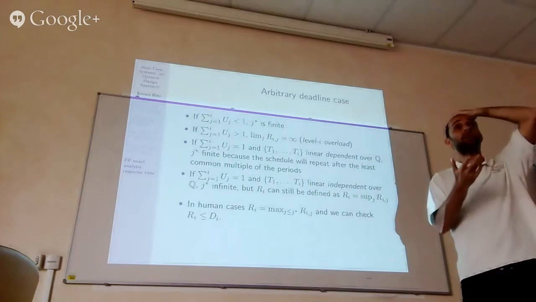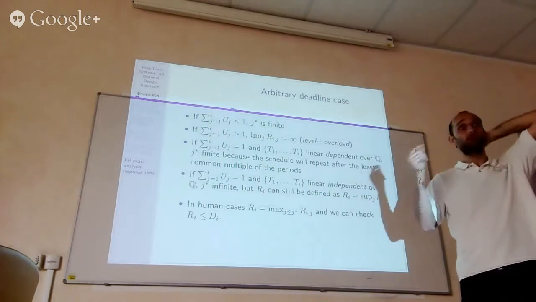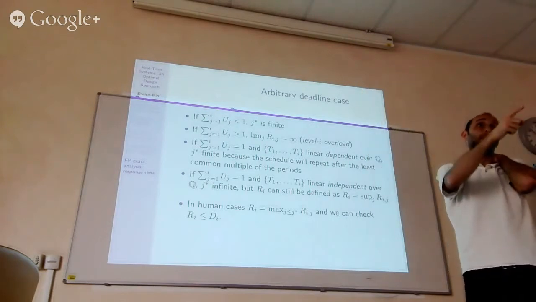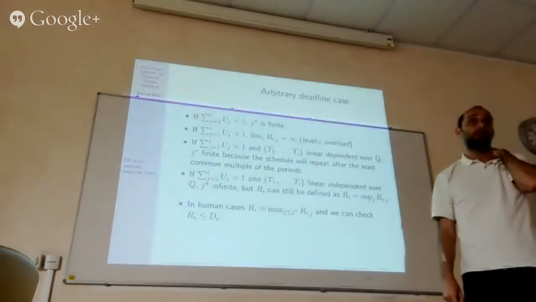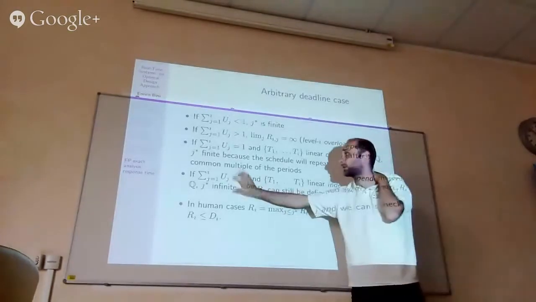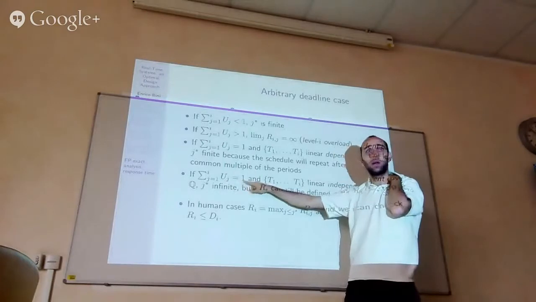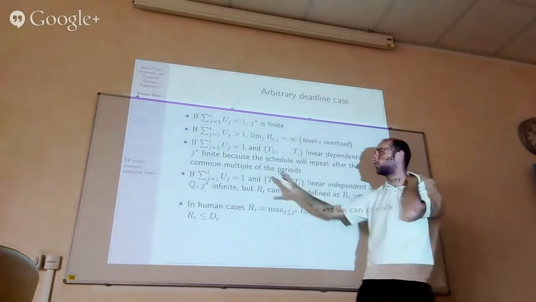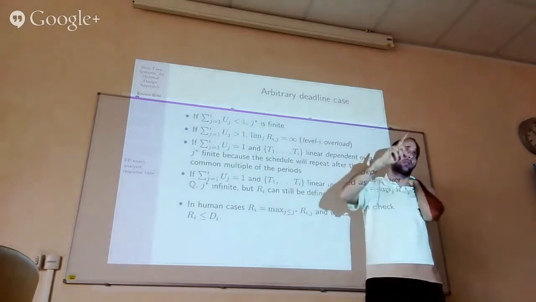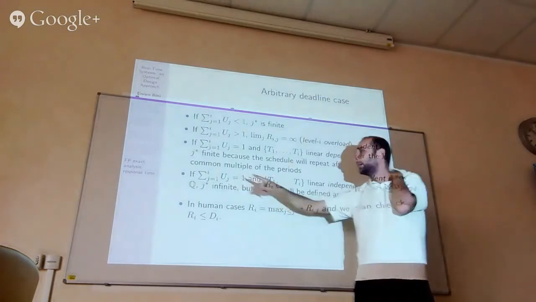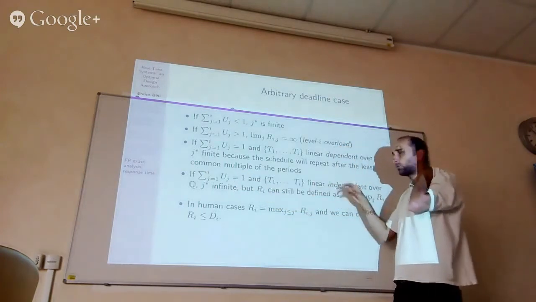What makes the response time computation hard is the total utilization. As the total utilization gets close to 1, your algorithm is going to take longer and longer. Basically, the super hard conditions are these: total utilization equal to 1 and periods that are linearly independent over the ratio. The closer you get to these conditions, the longer it's going to take your response time. So the closer your utilization is to 1, and the closer your periods are